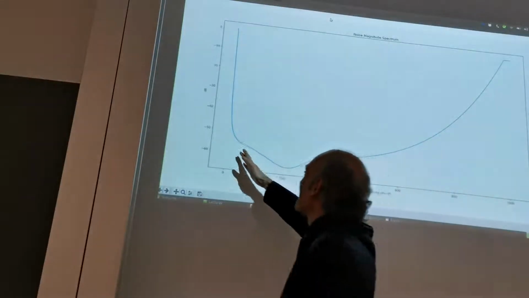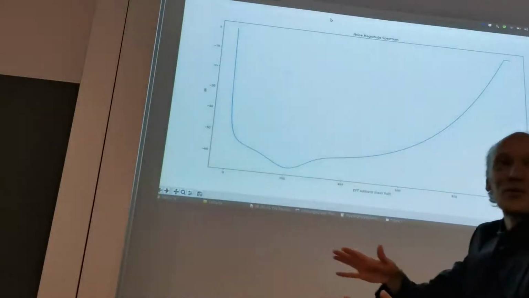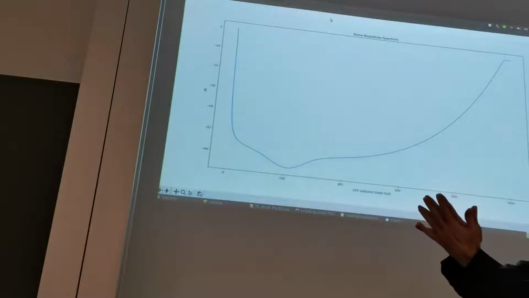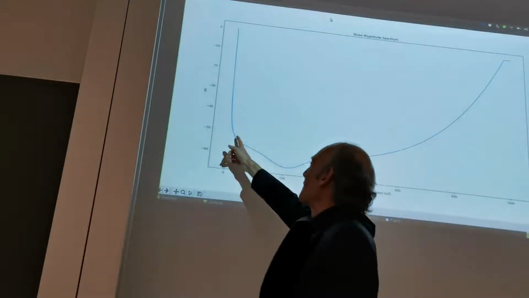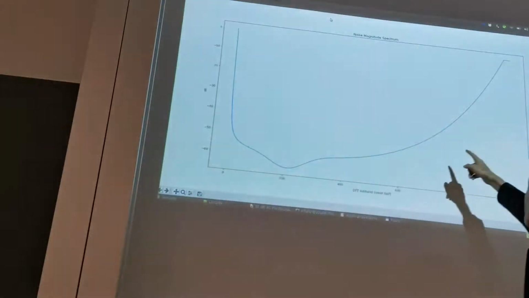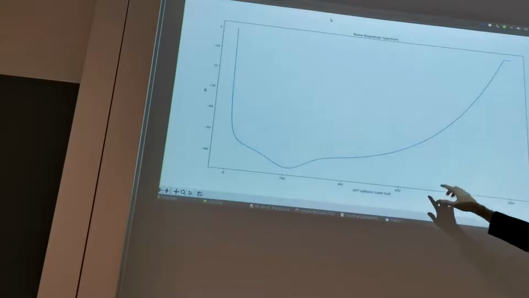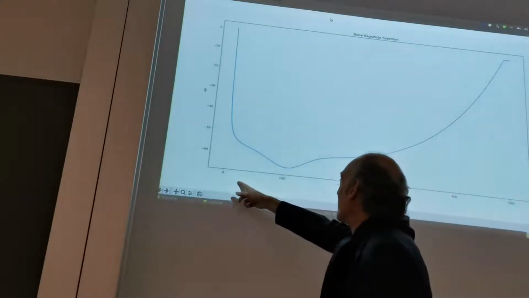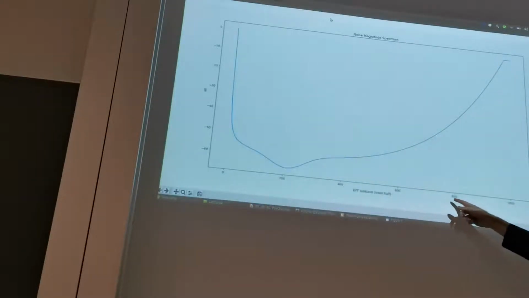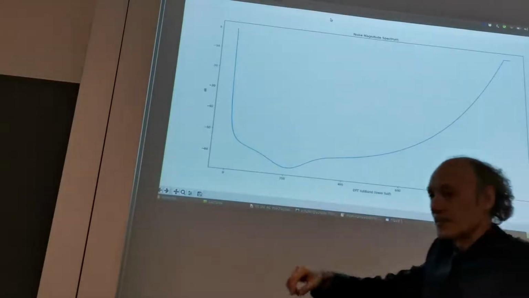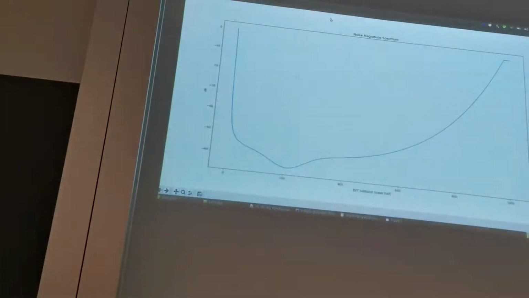Then this part, which looked nicely tilted in the previous picture, now looks extremely steep. And this part, which looked extremely steep in the previous picture, now looks less steep. This is because this is now the linear scale coming from the DFT subband numbers. Okay, so